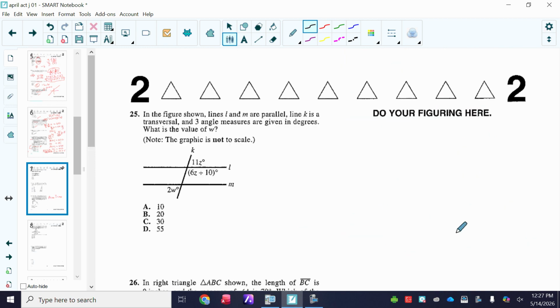Oop, I went out of line. 25 was next. What's happening here is the angles are given in degrees, what is the value of W? So K is a transversal, and the 3 angles are given in degrees. And what does that mean? That means that